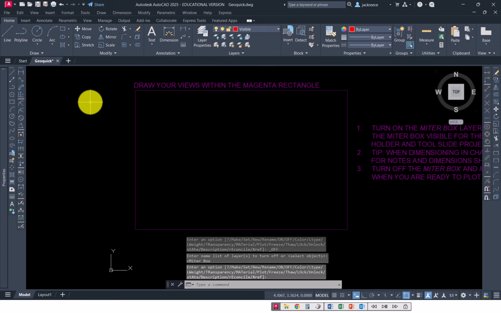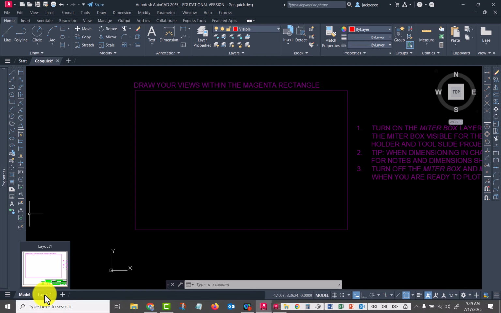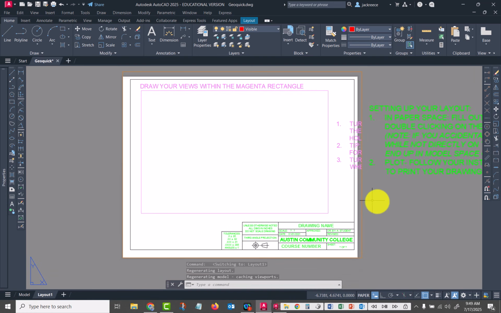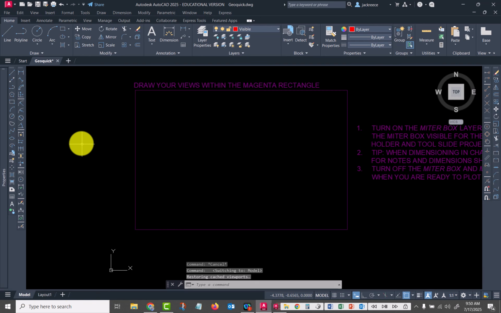Okay. Now all this stuff is on the layer called model space. And if we look at the title block here, when we get to the end, we'll come back to model space here, or paper space, so that we can talk about some of those things here. So back here,